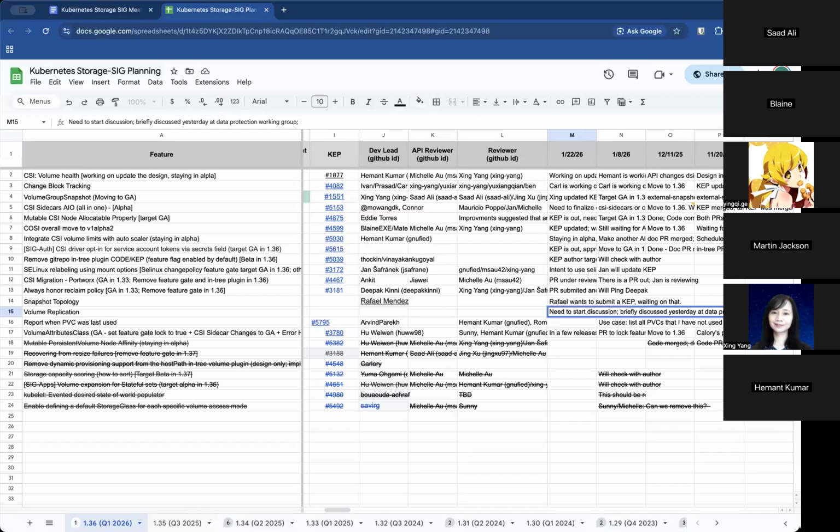I started discussions in the data protection working group channel on Slack. At the moment, there are certain aspects of the CSI add-ons as currently spec'd that need some pressure testing from commercial array vendors to see if they're doing the right things.